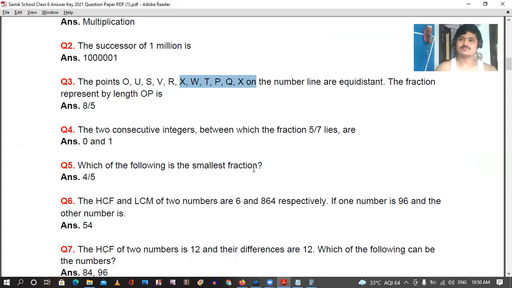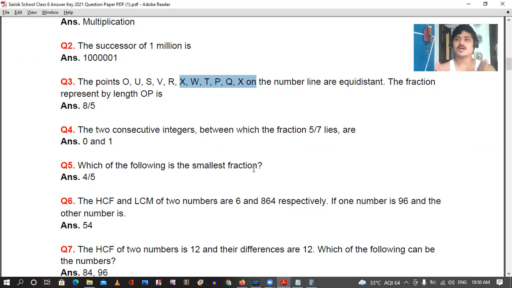Smallest fraction. When you say fraction, it is always something by something, numerator and denominator. Always remember in these kinds of questions, you need to make the denominator the same. Maybe you take the LCM and make all of them the same. That is the easiest way, or rather the quickest way. To make the denominator the same, you might have to multiply the numerator with some common factors. After that, you see the numerator. Whichever is bigger, that's the biggest fraction. Whichever is smaller, that becomes the smallest fraction.